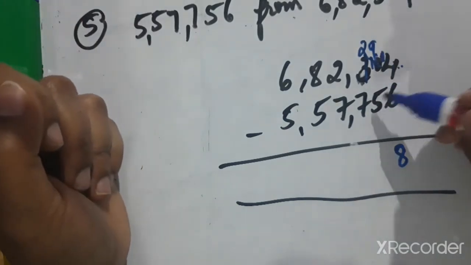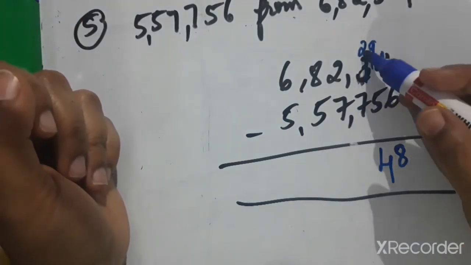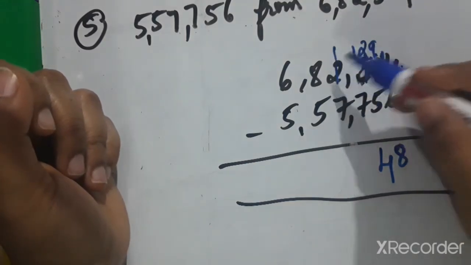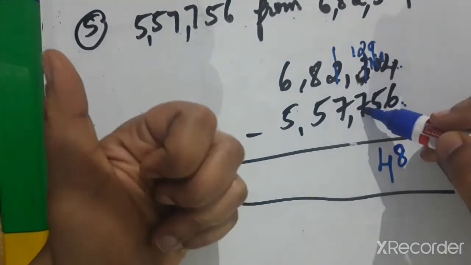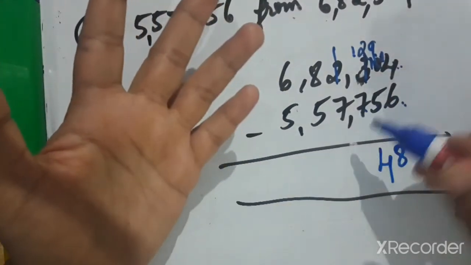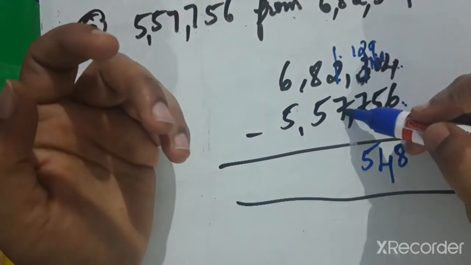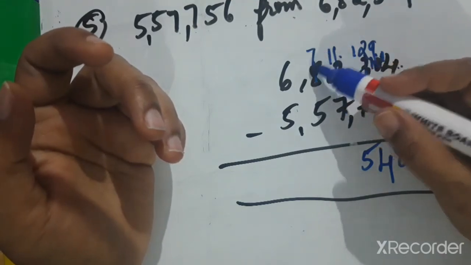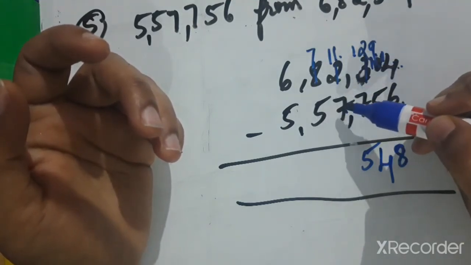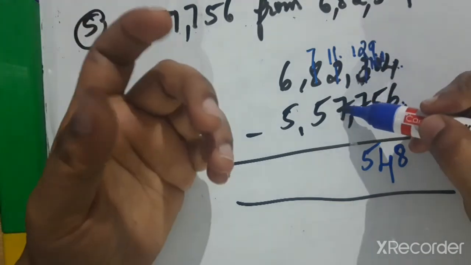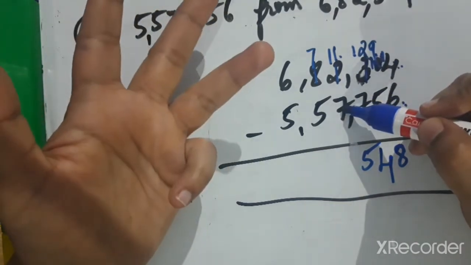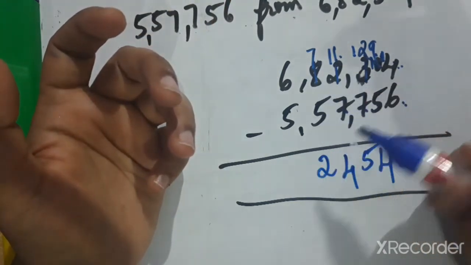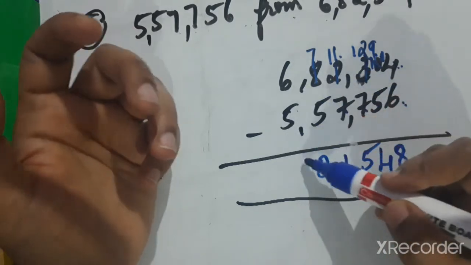Now here 9. 9 minus 5 is 4. Now here 2 minus 7 we can't subtract, borrow 1 from the next number. This will become 12 and here 1. 12 minus 7 means 8, 9, 10, 11, 12: 5. Now 1 minus 7 we can't subtract, borrow 1 from the next number. Here it will become 11 and this is now 7. 11 minus 7: 8, 9, 10, 11, so 4. Now 7 minus 5 is 2. And 6 minus 5 means 1.